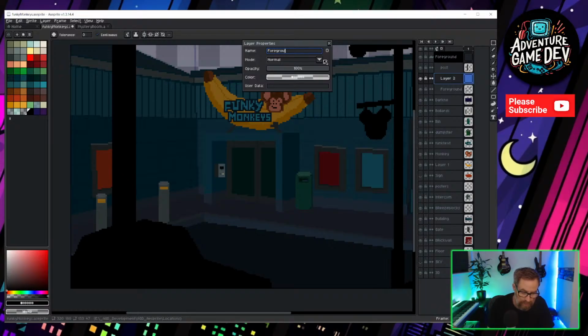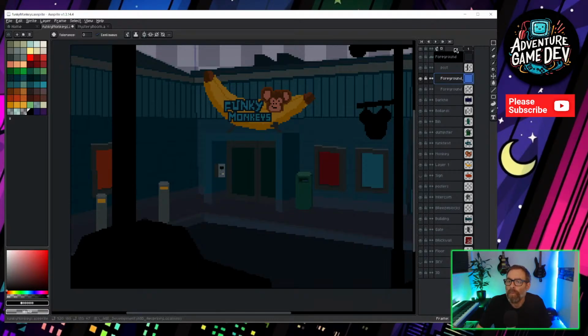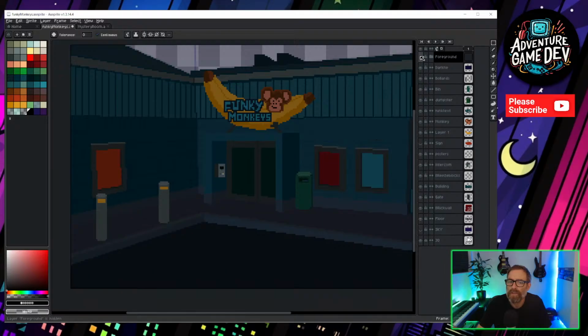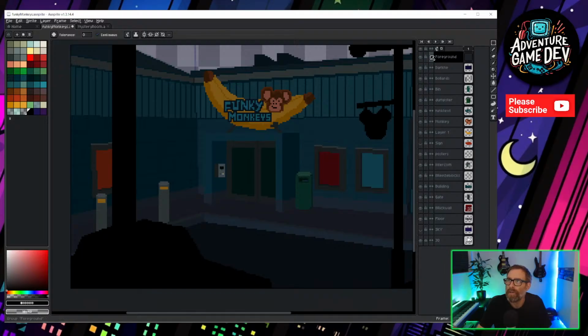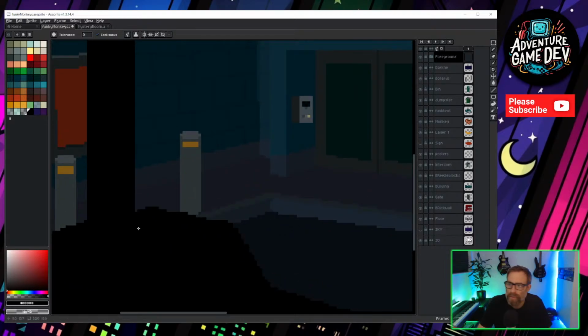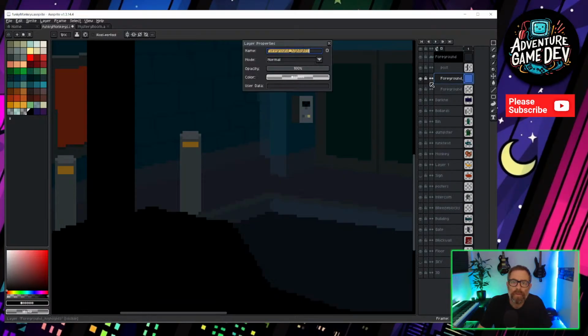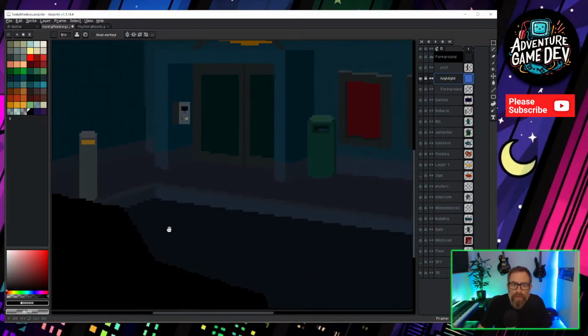So foreground highlights. What I'm trying to remember to do as well is all the foreground items are in a separate folder here in Aseprite, so then I can just output that as a layer in front of everything in Unity. So you will have seen that on a couple of live streams, hopefully going for the same kind of effect. So this foreground highlight, couldn't see the word there, so just to rename it something. I'm just going to see what this looks like.